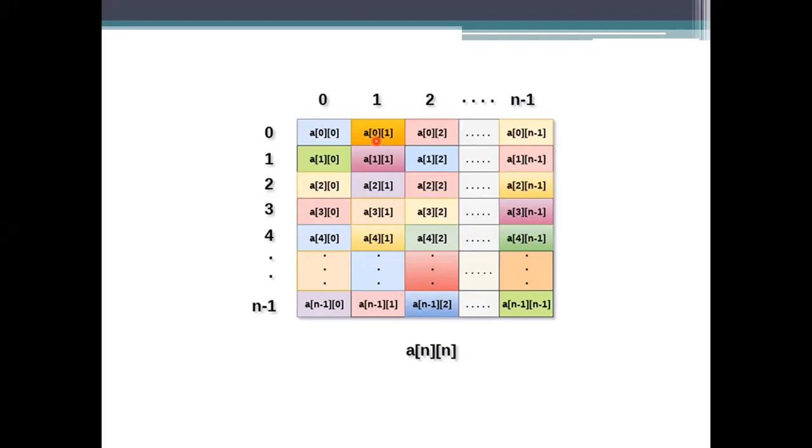And the elements being stored here: the 0th element will be stored at A of 0. But here we are taking rows and columns. So the element at the 0th row and the 0th column will be specified here. The element at the second row, meaning not this one, but this one, the second row and the second column, will be specified here. And then the next, third, means 3 and 2.